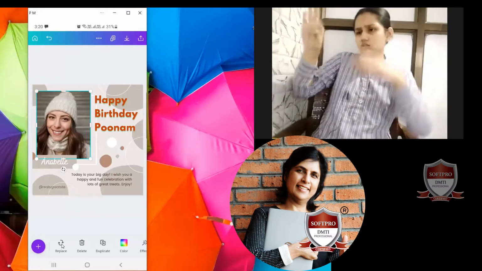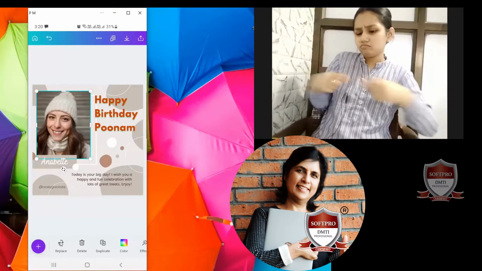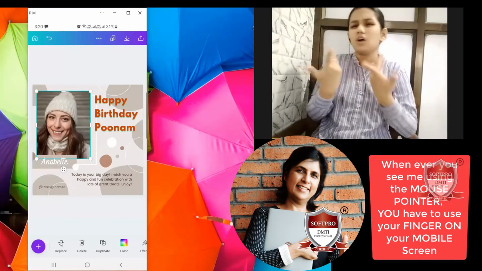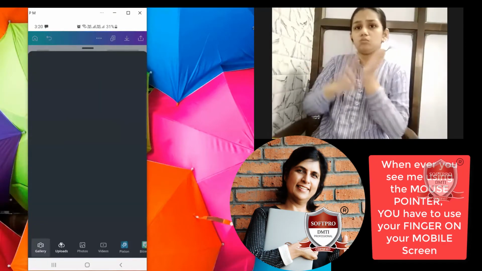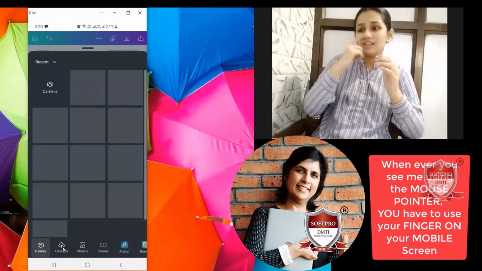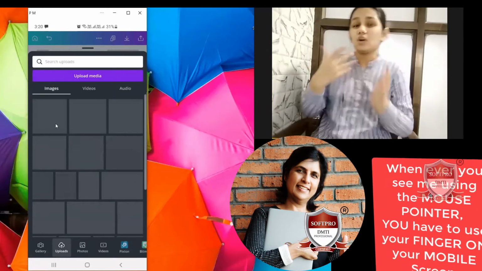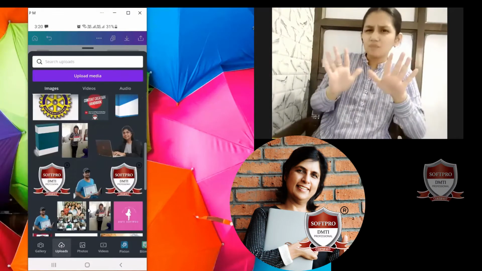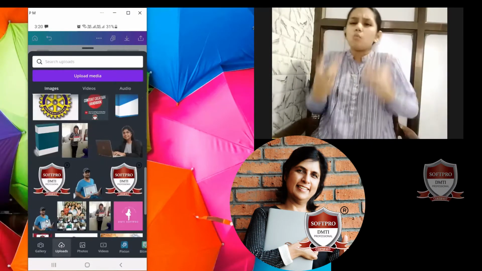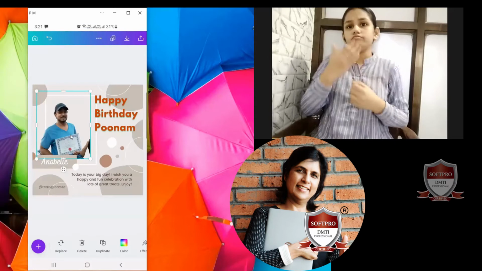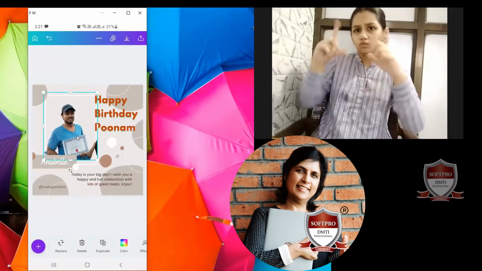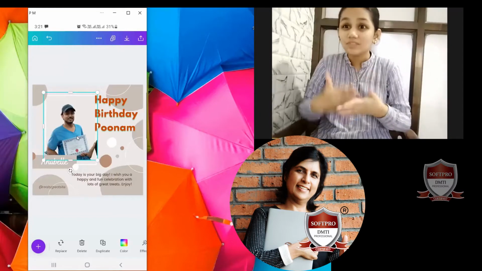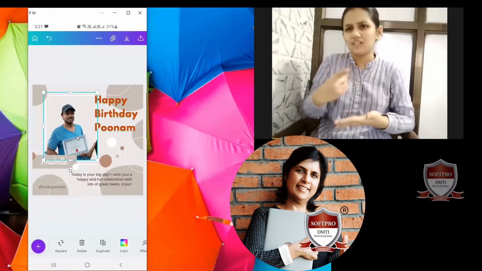So if I want to replace the image, first thing, this person is not Poonam. What if I want to put Poonam? I can select it and go and upload it. Over here I have some images. Let's say I want to put my student's image, because when we are wishing happy birthday, we should put the photo of the person we want to wish.